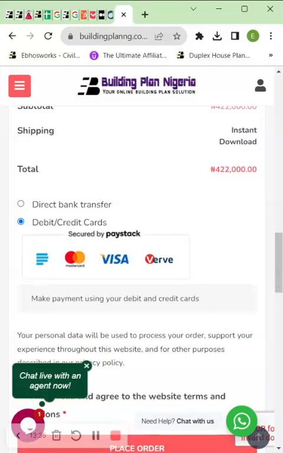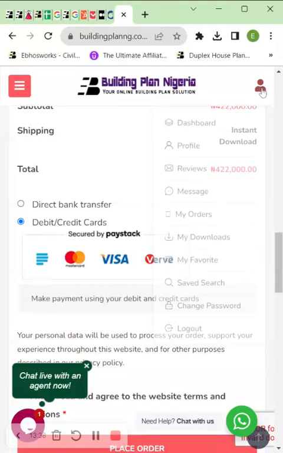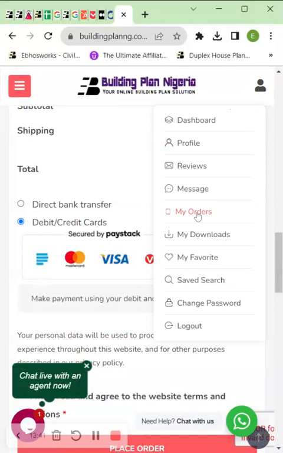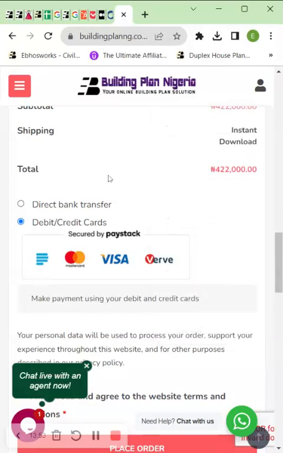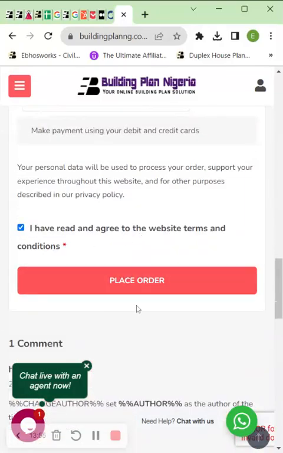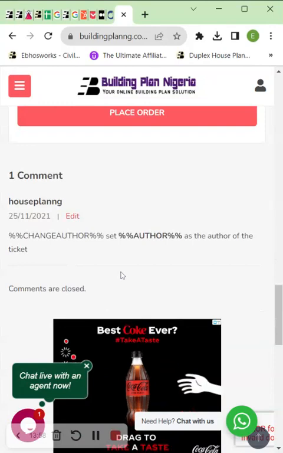Once you log in or you go back to your member area, the area you need to go to is, sorry, my download, and you're going to see all the files that you need to download. It's as simple as this. I don't think it's difficult, but if you have gotten to this stage and you are still finding it difficult,